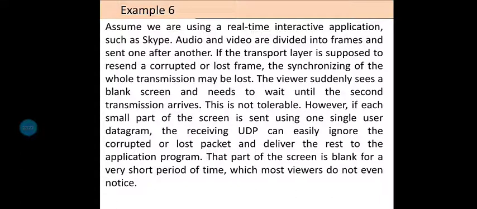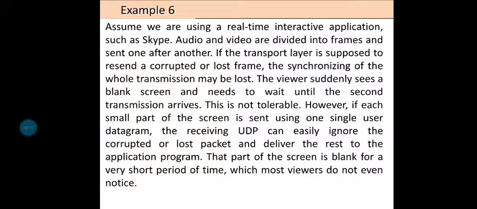The viewer suddenly sees a black screen and needs to wait until a second transmission arrives. This is not tolerable. However, if each small part of the screen is sent using one single user datagram, the receiving UDP can easily ignore the corrupted or lost packet and deliver the rest to the application program. That part of the screen is blank for a very short period of time, which most viewers do not even notice.